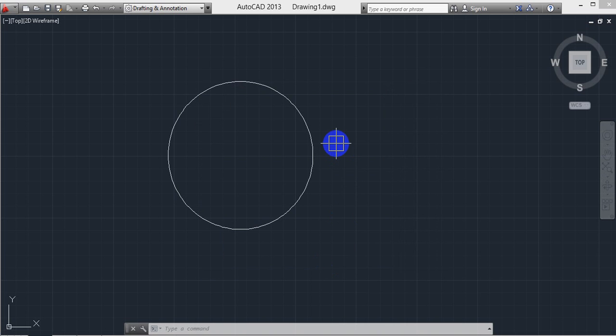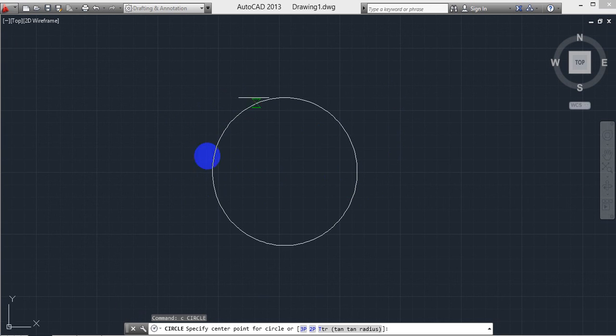Now I want to draw a circle inside it with the same center point. C, enter. We can only see the nearest points, no quadrants and no center point, because in the object snap we had unselected that option.